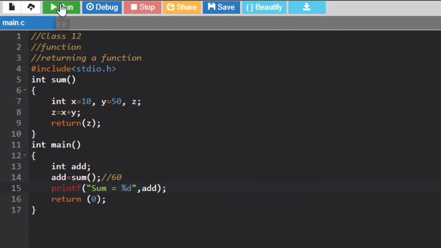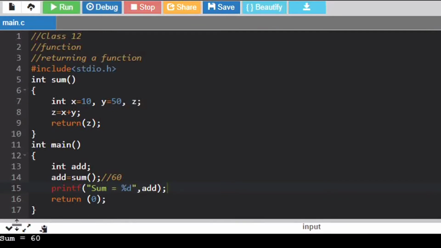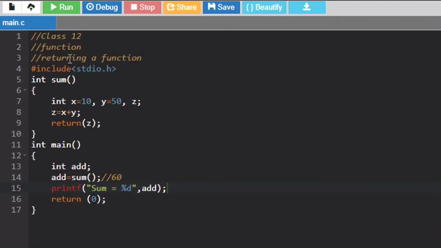So we will just run it. You get the answer as 60. So this was about returning a function. Now we come to passing the values to the function. To pass some values, we need